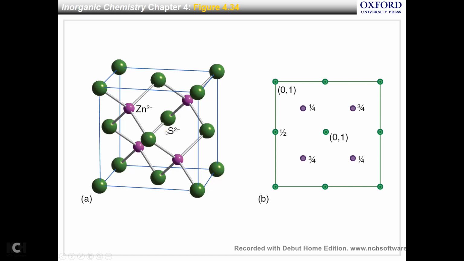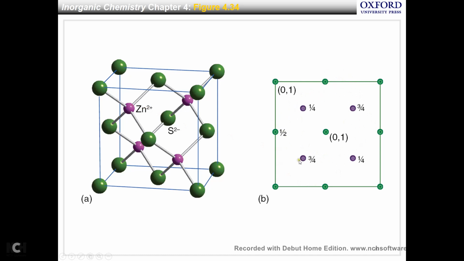And this is zinc sulfide. So actually, if each zinc is surrounded by 4 sulfur, then each sulfur should be surrounded by 4 zinc. This sulfide is surrounded by 1, 2 zinc ions from the bottom, and you have to imagine there are 2 more on top. So this sulfide is also surrounded by 4 zinc 2 plus. The coordination number for the sulfide is 4. The coordination number for each zinc 2 plus is also 4. Now this is the